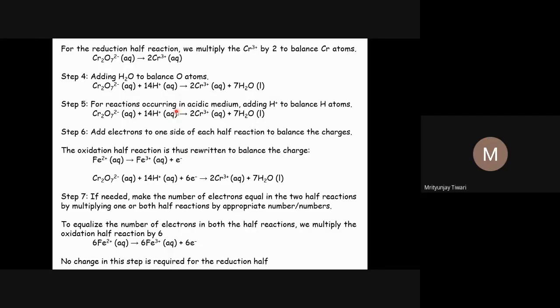Now the fifth step. In the fifth step, we balance the number of hydrogen atoms. To balance hydrogen atoms in acidic solution, we add H plus ions. To find how many H plus ions we need to add and to which side, we find out on which side the hydrogen atoms are in excess, and by what number. In the first oxidation half, we don't need to make any changes, because both sides have 0 hydrogen atoms, so it is already balanced in terms of hydrogen atoms.